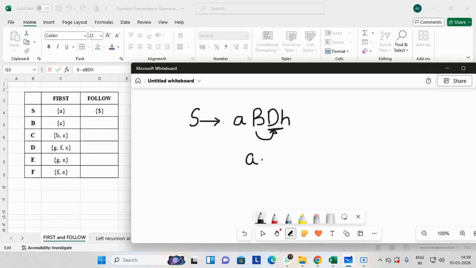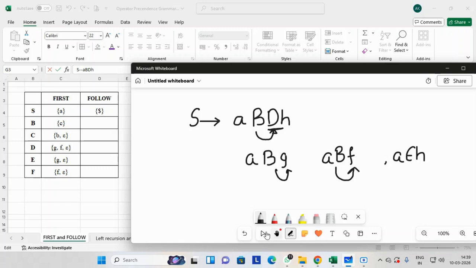Hence, I will replace D by its first, which is G. I will replace this B by its first, which is F, and I will replace this D by its first, which is epsilon. Hence, now B is followed by G, now B is followed by F.